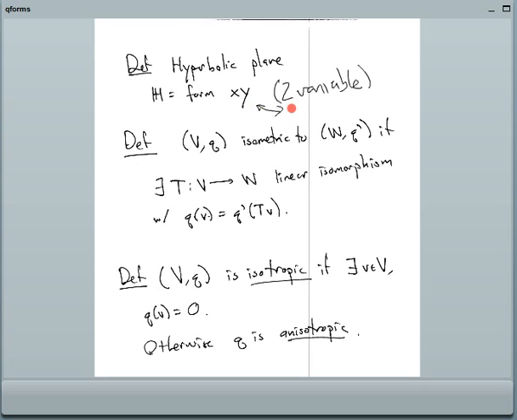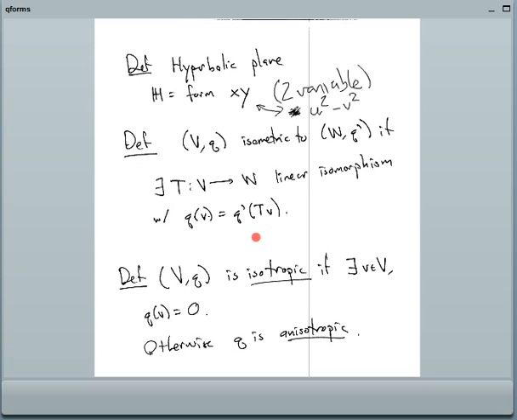If you change coordinates, you can also write this as u squared minus v squared, where x is u plus v and y is u minus v. This is the same form. You can think of this in both of these different ways. Why is this form easier to understand? Well, it turns out that the basic,